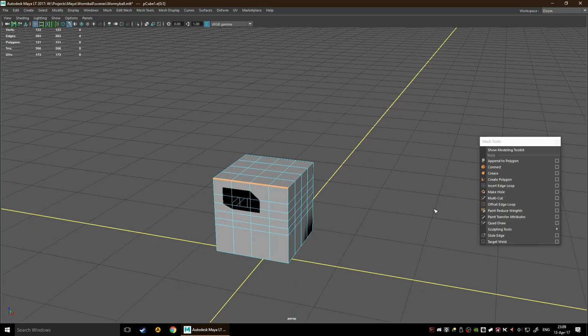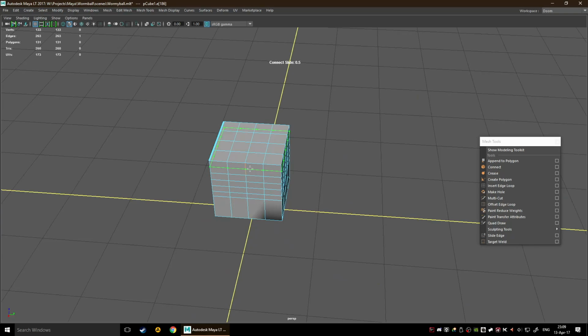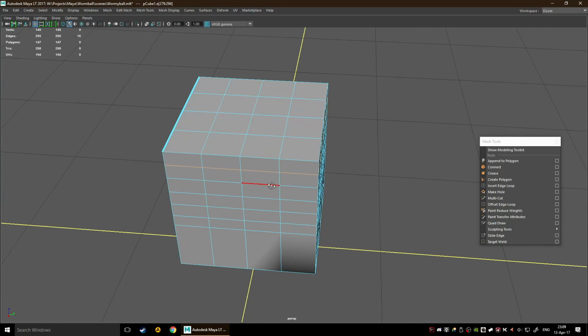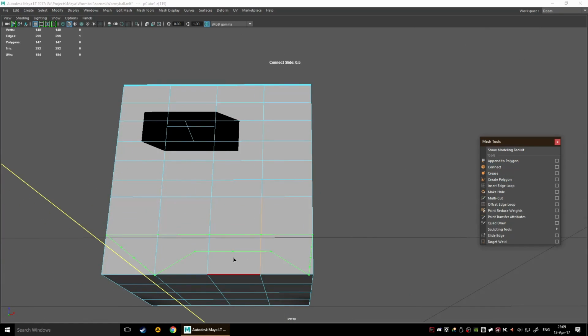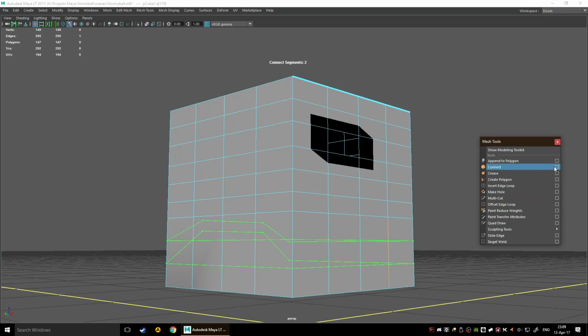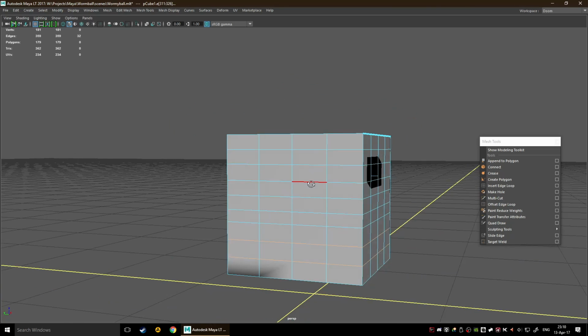The next thing we've got is the connect tool, which essentially allows you to connect different sides. So you just press enter and it creates an edge loop, basically connects them. So there's another thing that I don't really understand. Why would you need to use this? Well, middle mouse button would create basically more. You can open the tool options here, and obviously there's probably more advanced stuff. Why would you need this is again beyond me,